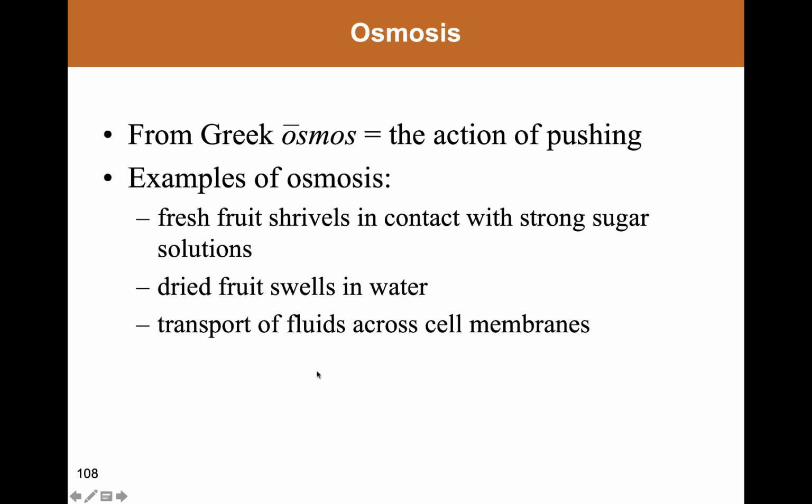Examples of osmosis are, if you took strawberries and sliced them up and then put sugar over them, you come back sometime later and the berries have shriveled, and there's a solution of sugar water outside the berries, and that's the sugar acting as an osmotic agent to essentially dehydrate the fruit. And also the transport of fluids across cell membranes is governed by osmosis. The way water gets up through trees into the leaves is governed by